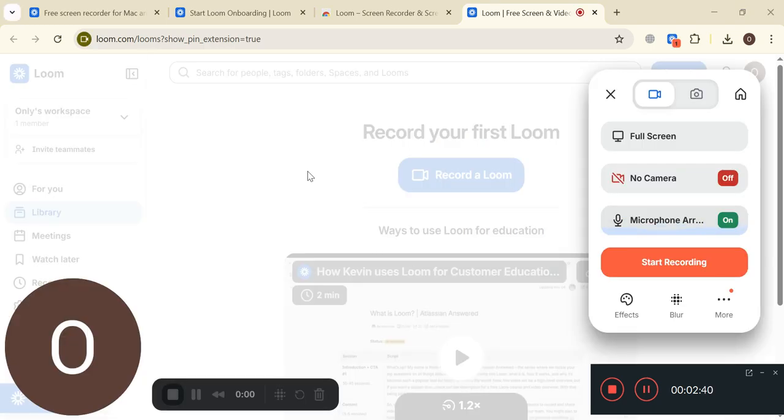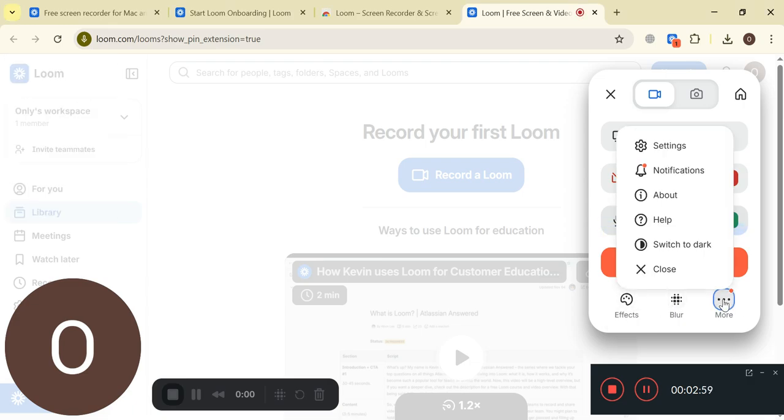So as you can see the video is almost ready, but before starting you can see these settings. I have turned off the camera, but if you want to turn it on, you just click on this and your camera will be turned on, and I have allowed my microphone to start recording. You can also make some changes, like if you are on a video you can blur the background, and you can also add effects. In the menu section you can also do many other changes as well.